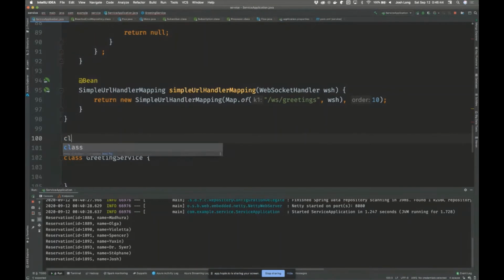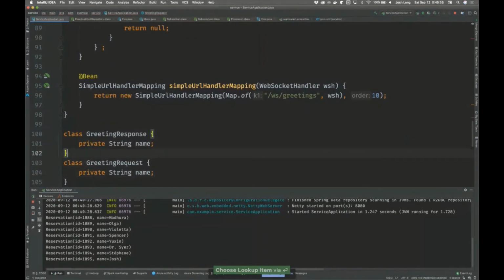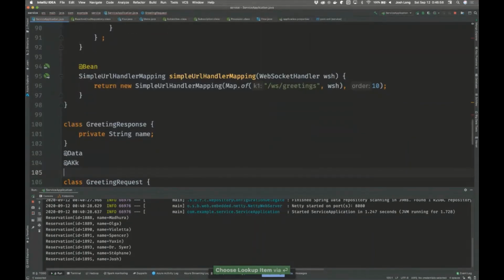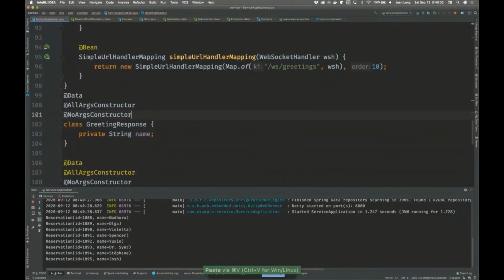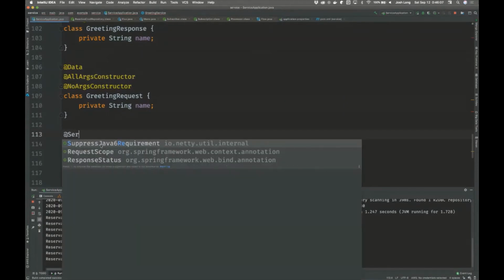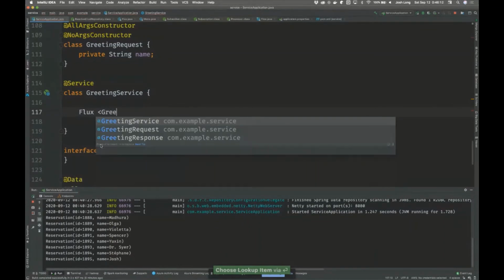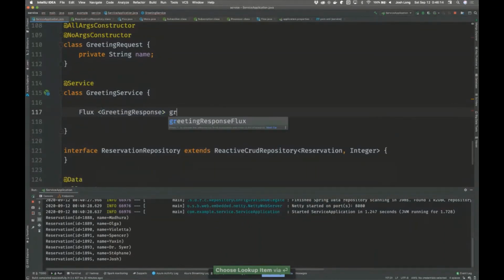And this service will expect greetings requests, and it'll produce a stream of greetings responses. So here's the response, here's the name that's going to come in the request. These are just DTOs, right? We don't need to worry about them too much. So let's take these annotations here. And what I'm going to do is I'm going to go down and I'm going to create a very simple service just to demonstrate a never-ending stream of data. Okay, so we're going to create a greetings response when somebody sends us a greetings request.